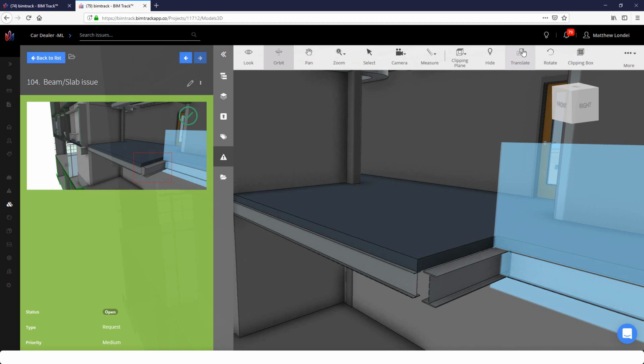So this is a nice way to retrieve our issues and see exactly what the original creator of the issue was seeing when they published that issue to BIM